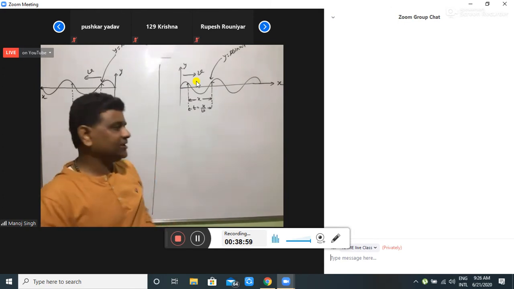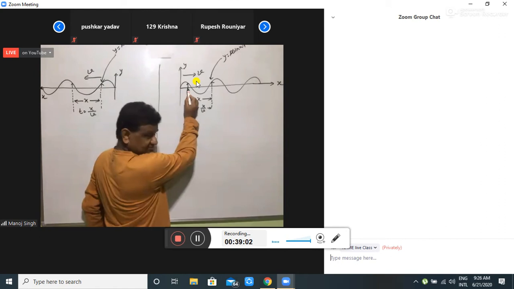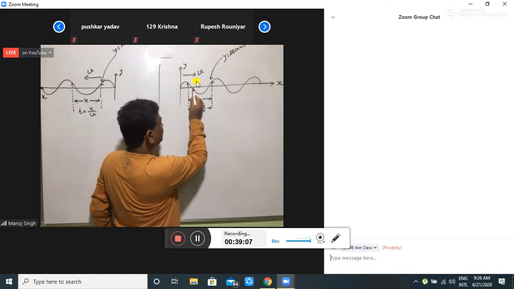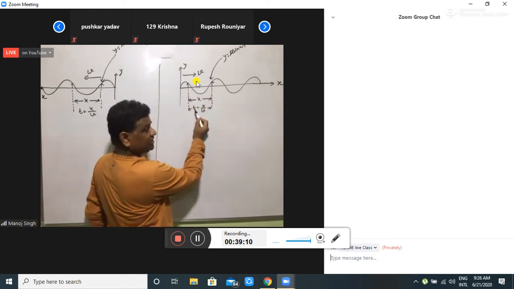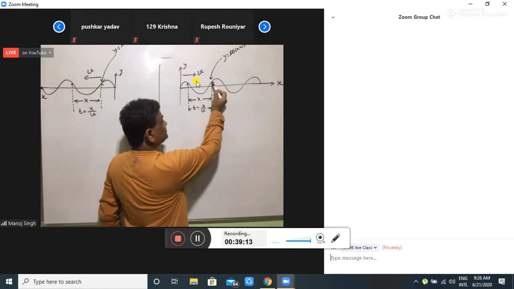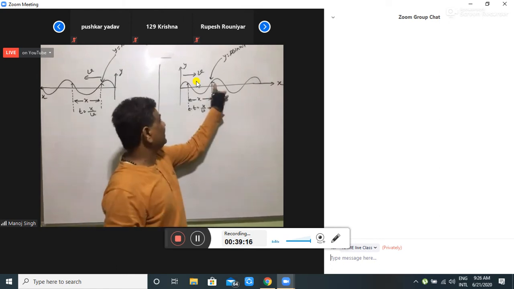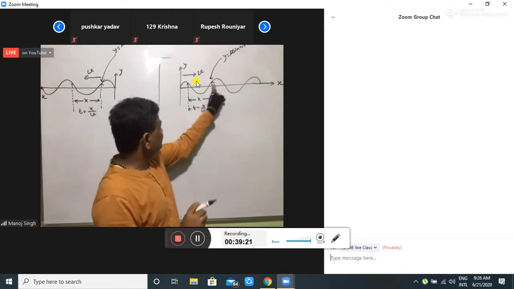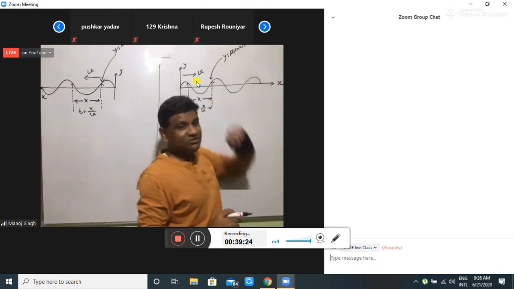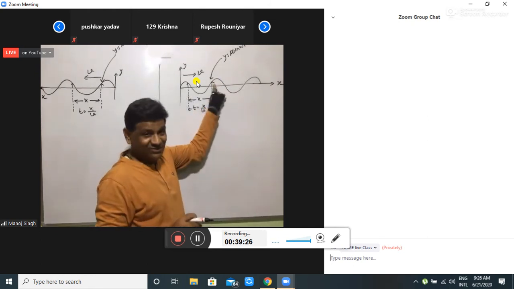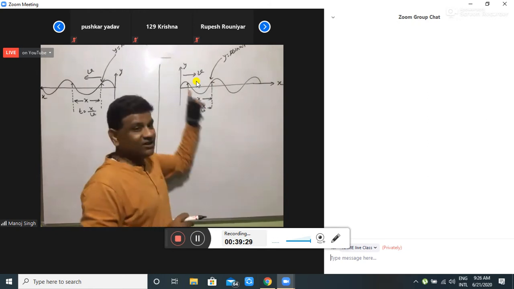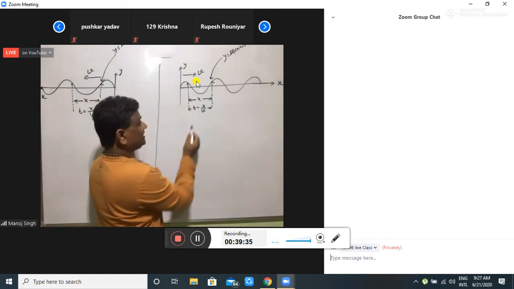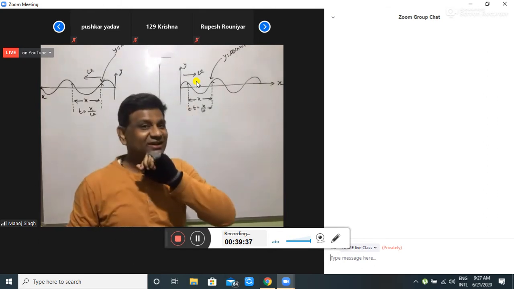Now listen carefully here. This particle will be disturbed first, and then the wave will travel from this point to this point in a time t. So this particle is disturbed after any time t with respect to this particle. With respect to this particle, the other particle was disturbed at which time? At t minus x by v.